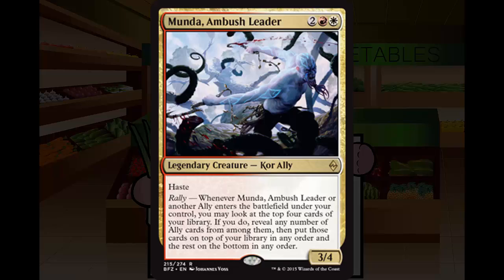But I don't know. As I was just saying, I don't really tend to like these look at the top 4 cards of your library and hope spells in limited. In constructed, they're fine. In limited, not as big of a fan. And of course, if it's not an ally, it's going to the bottom. So goodbye removal, goodbye any of your important spells that you need. That I feel hurts more than it helps, unless you're a really